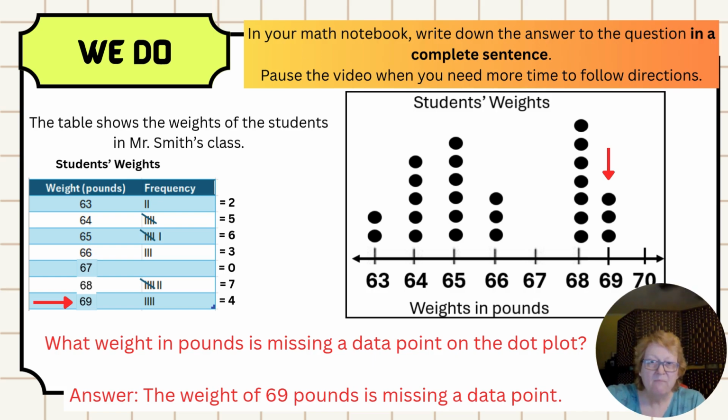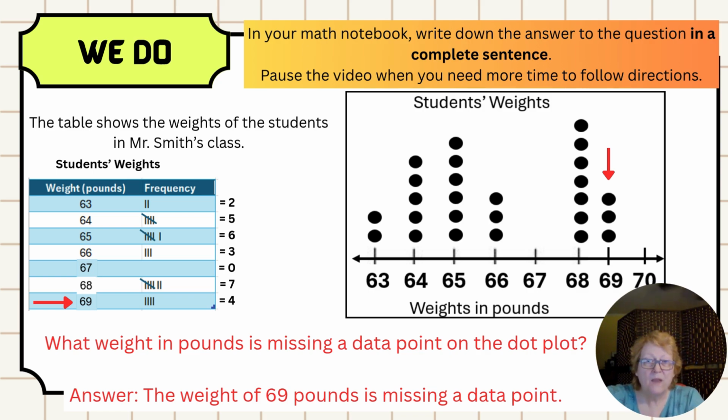For 69 pounds, there were 4 students that weighed 69 pounds. How many dots are there in the dot plot? There are only 3. So we have found the data point that is missing, and that is for the 69